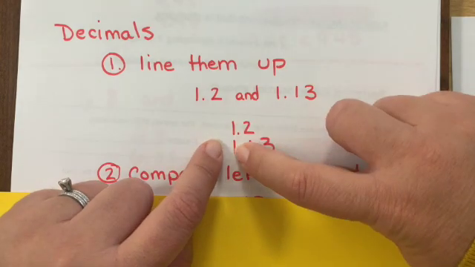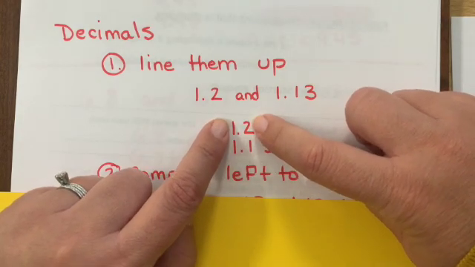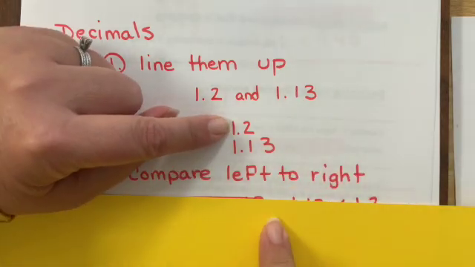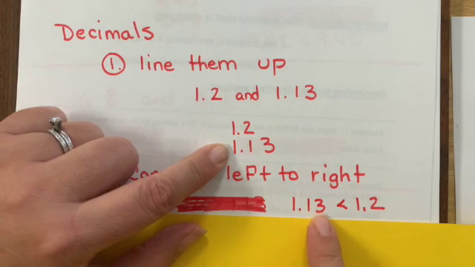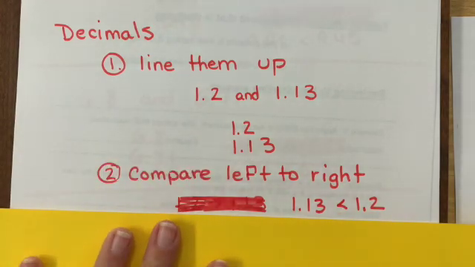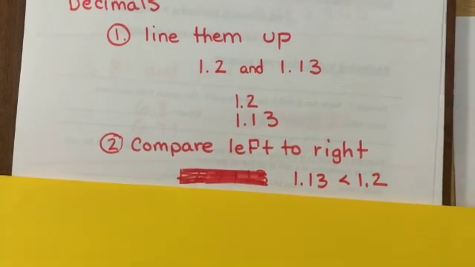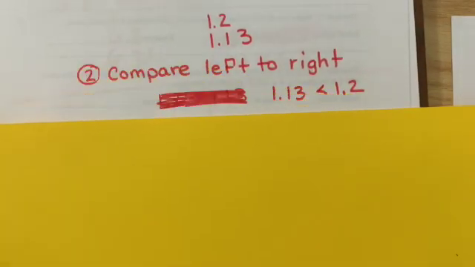So we can compare those the same. And as soon as you get to one set where the number is larger, it means that that number is larger. So I would write that 1.13 is less than 1.2. So why don't you try one? Again, I suggest you have scrap paper out and that you write these down. So the next one